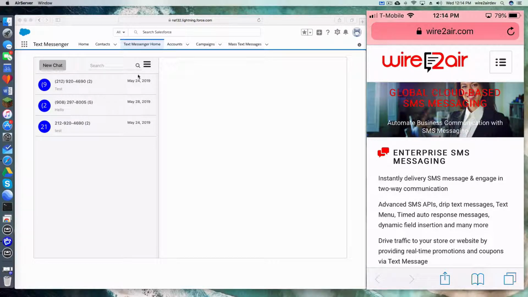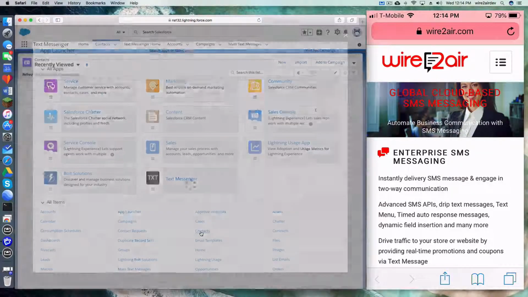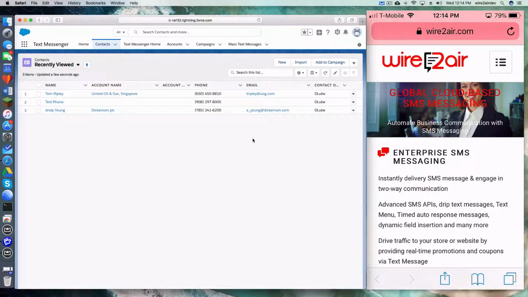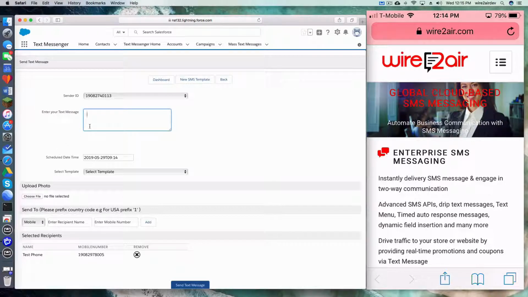On the left side I have the Messenger home page open. From here you can open the contacts page or leads page, whichever one. They both have the same layout, so for now I'm going to go through contacts, but it's the same steps for leads. Once you're in the contacts page, select the contact you'd like to send an SMS to. I'm going to click on test phone, click on send text,